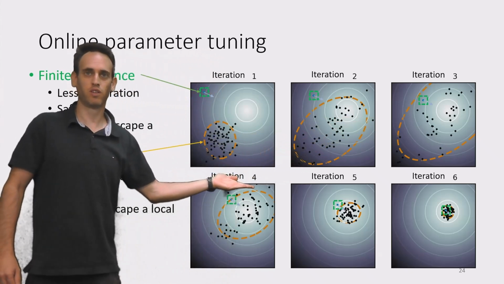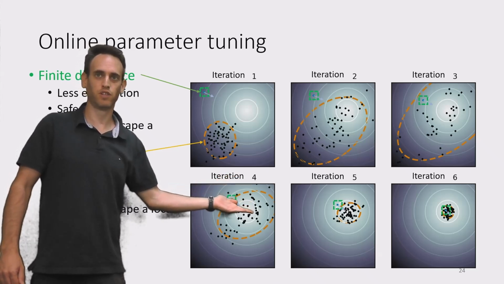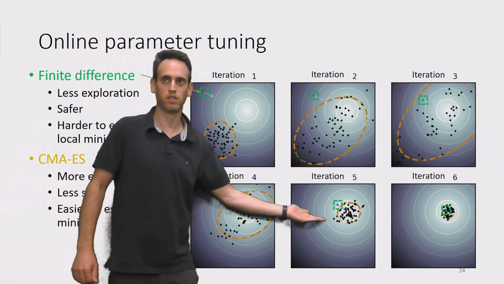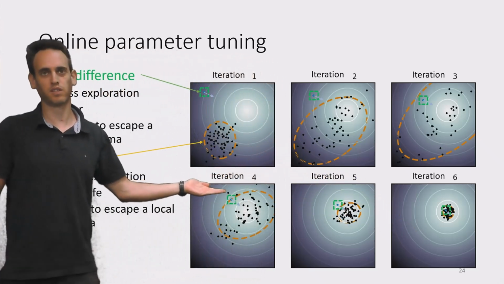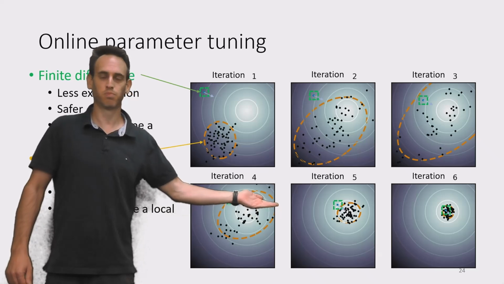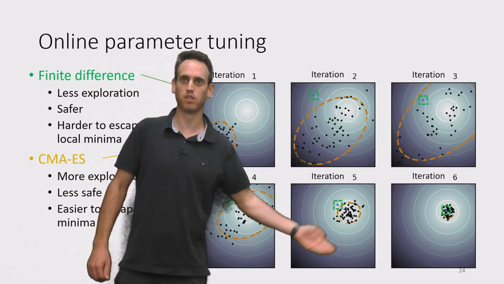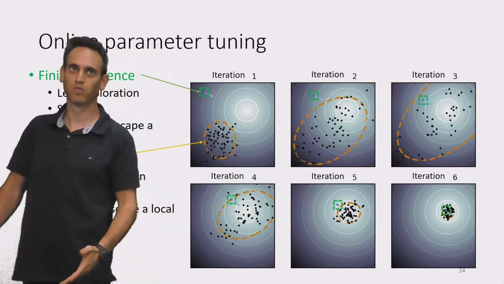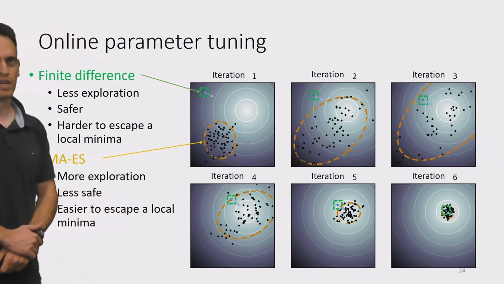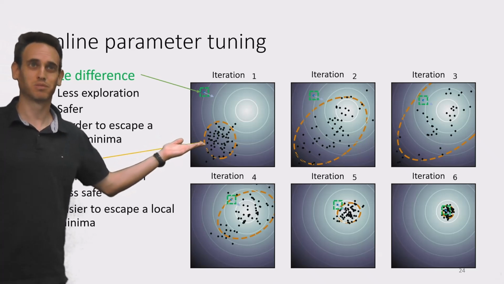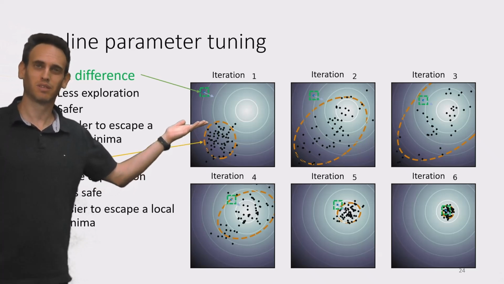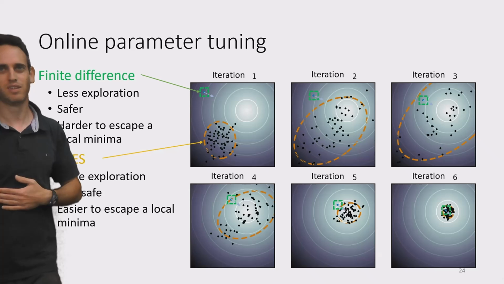And eventually the fittest individuals do converge on the correct optimum. Okay, and you can see how the finite difference approach does perform smaller, more conservative steps towards the optimal point. Now, it might seem from these results that a finite difference approach performs better, or that the benefits of it outweigh the